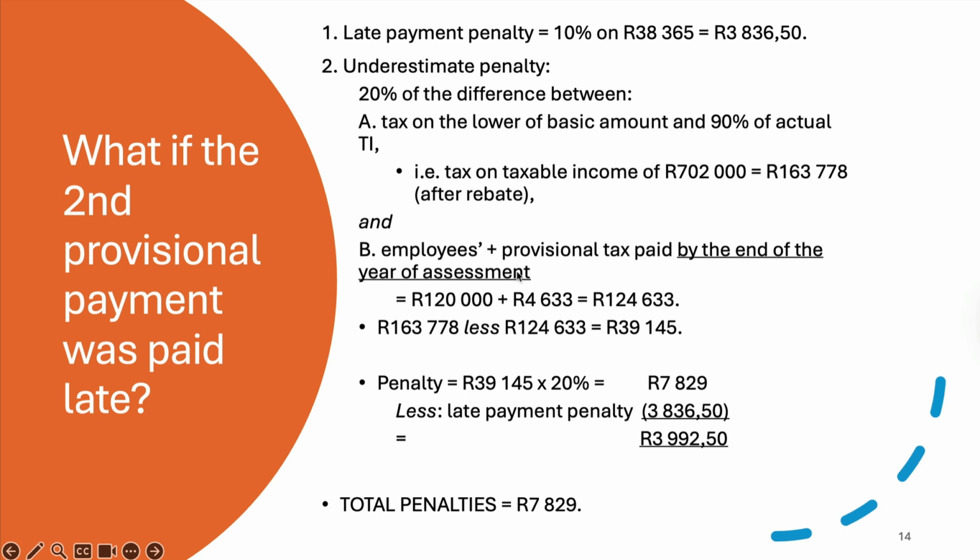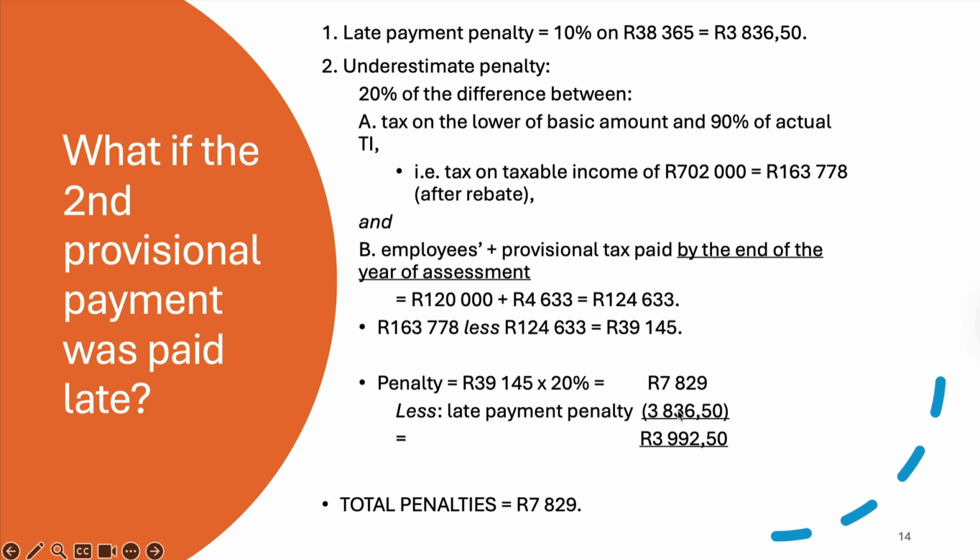And when you work out your underestimate penalty, of course, you say, what is the tax that I should have paid, using the same calculations I did a few minutes ago, minus what tax have I actually paid, employees tax and provisional tax, by the last day of the year of assessment, by the 28th of February 2025. And in this case, I had only paid my employee's tax and my first provisional. I hadn't actually by that stage paid my second provisional. So I've actually only paid 124,633. So then the difference is now 39145 as opposed to the 780 I calculated just now. And so my penalty is 20% on that amount, which is